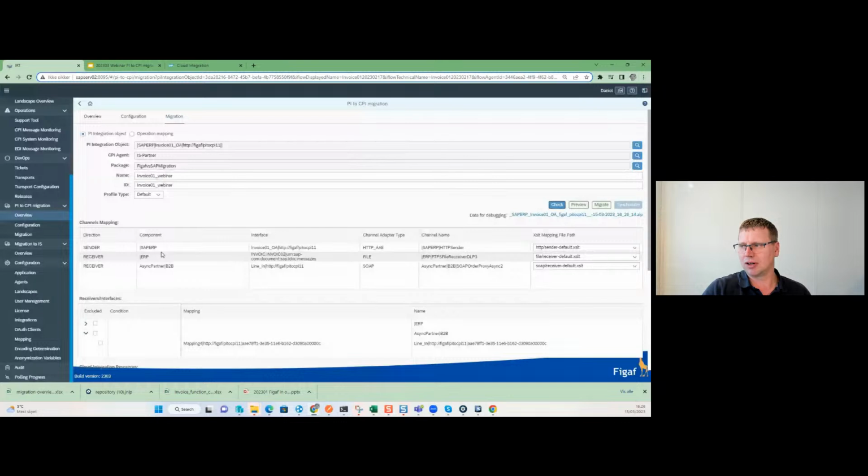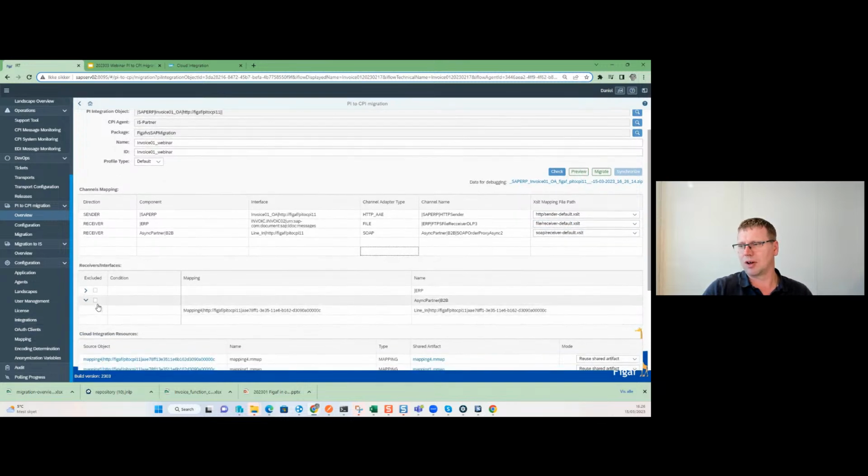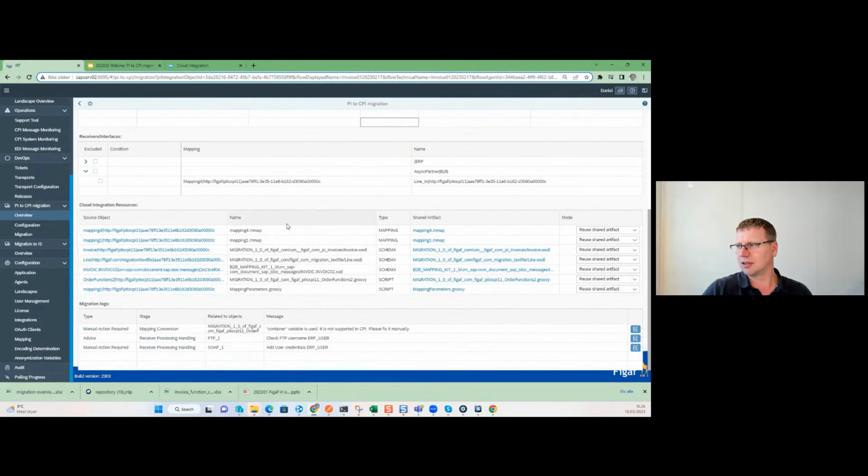So we have a sender agreement. Here we can select one of the XSLT templates for that. We have the receivers that we can set up and say, okay, what are the ones we actually want to use for this? And then we can specify which specific receiver are there, any of the receivers we want to exclude when performing these things. And then lastly, we have the migration content where we can see what are the different resources that we have in the system and how do we actually